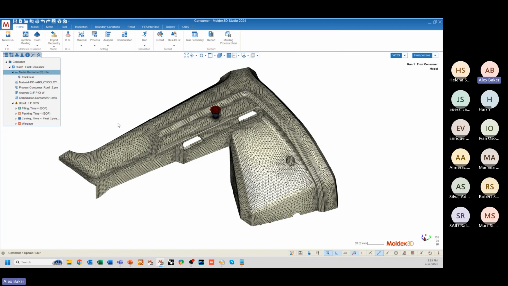All right, so how can we adequately interpret the results of a Moldex3D analysis? I kind of like all the other information that I've showed here. I have videos for each one of these different stages of the analysis for filling, packing, cooling, and warpage